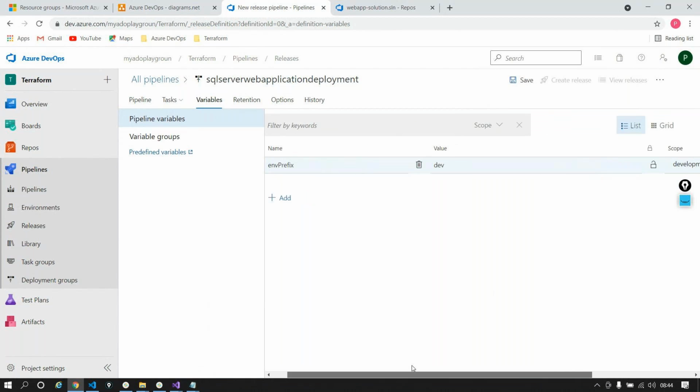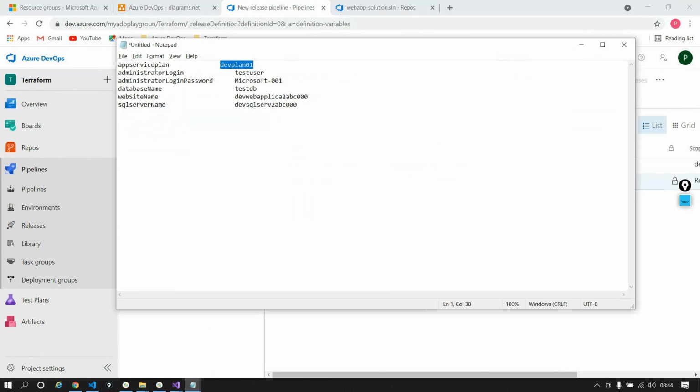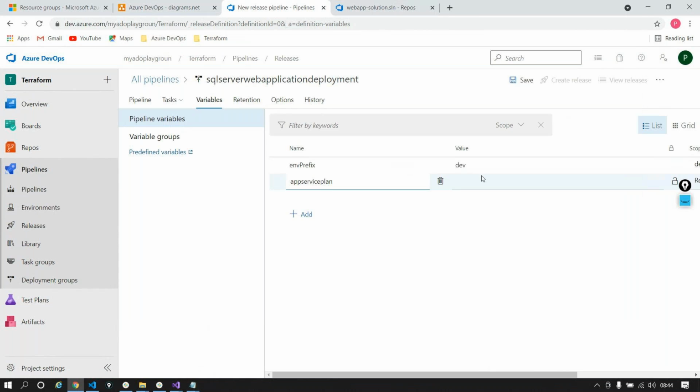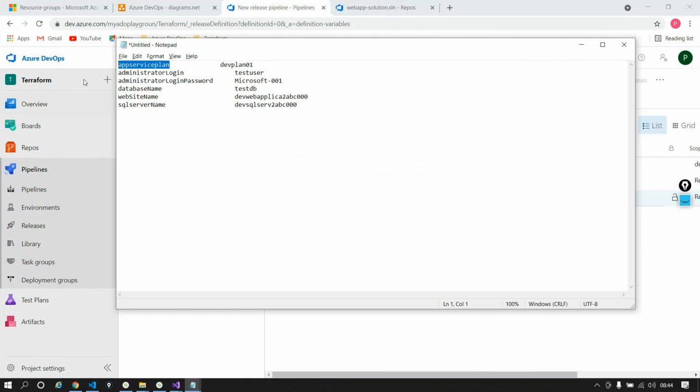And now I will go ahead and create all these parameters. First thing, app service plan. So I'll say app service plan is nothing but dollar environment prefix. Whatever is the environment prefix, go ahead and create one with something like plan 01. Administrator login,